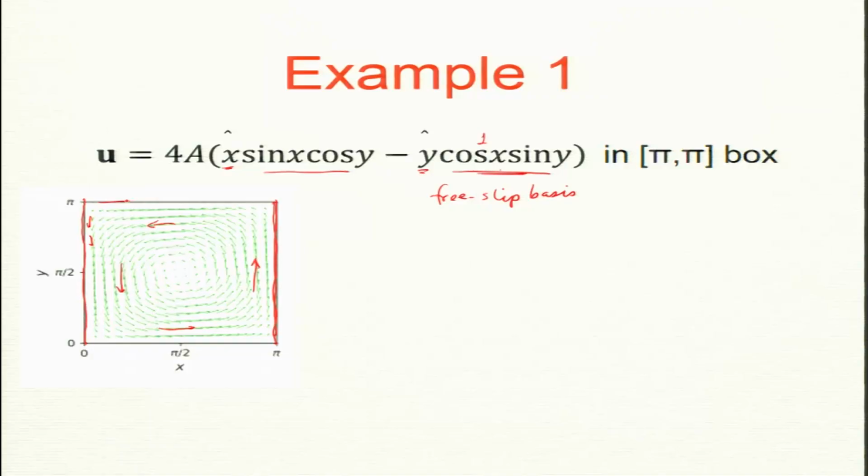Same thing here, in these walls uy is 0, uy is vertical because this is the y direction. This is the x axis, this is the y axis, and here ux is 0. But you can easily see that for the vertical walls, partial uy partial x is 0. If I take this uy and take the derivative with x, what will I get? Sin x, that becomes 0.